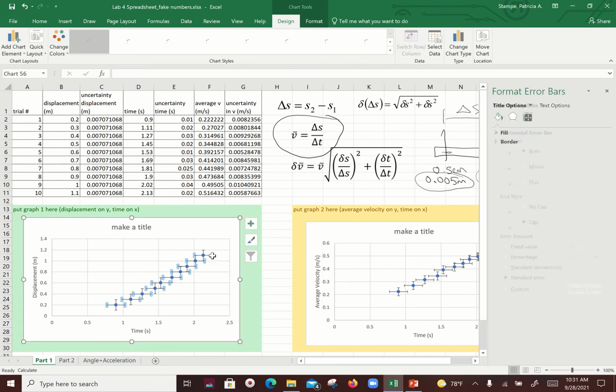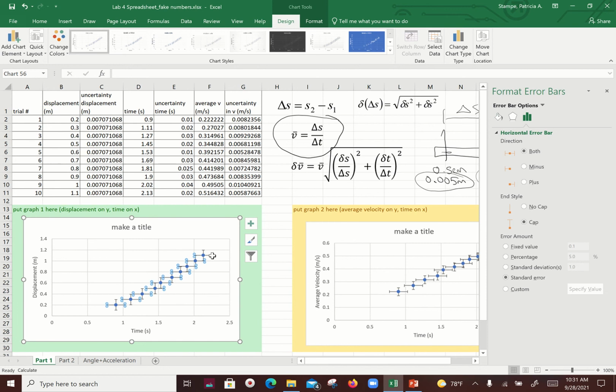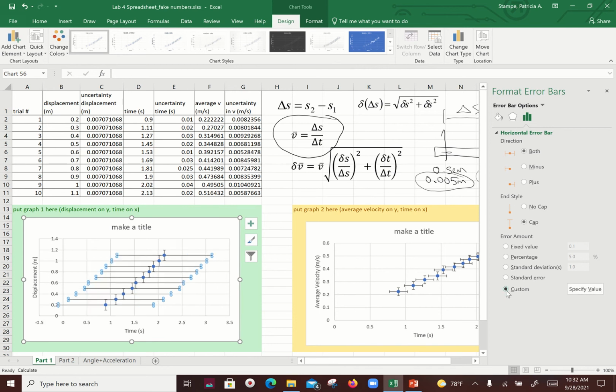And what Excel does, when you tick to make error bars, it just makes them plus or minus 1 in each direction. So if you just tick on error bars and I look at a graph and I see error bars that look like that, I know it's bogus. So I need to go over in this gray box over on the right hand side. I'm going to click custom,